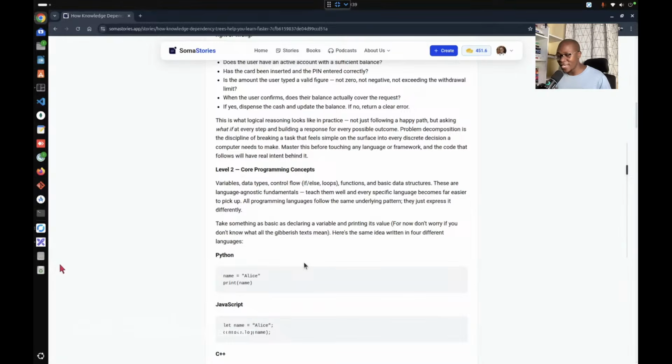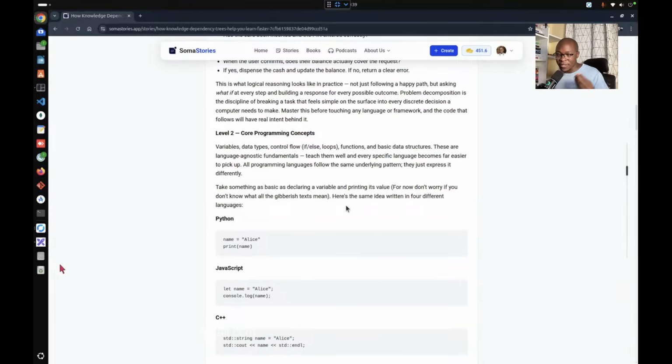Once you're done understanding the basics, the questions that go into the features that you see, you now go into the core programming concepts. Here you look at variables, data types, and control flows. And the interesting bit is that it doesn't matter what language you choose. Like I always say, if somebody asks me, what stack are you focusing on?